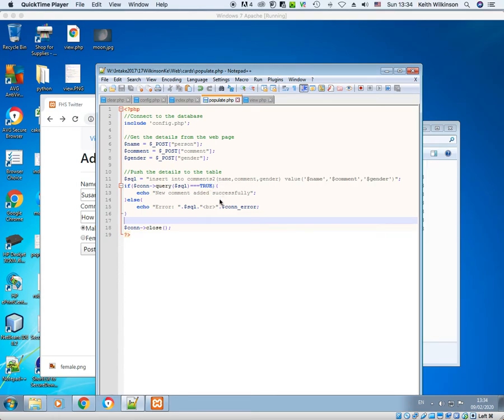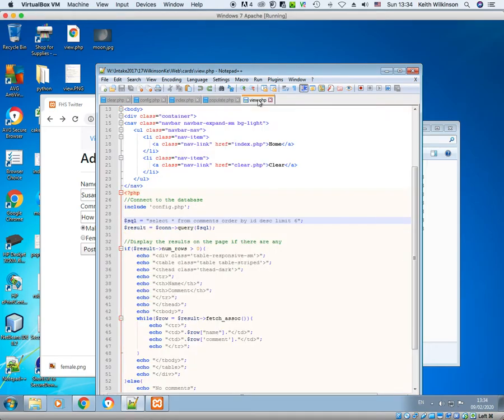Okay, now that we can populate our database, what I want to do is display the cards on the screen. So we need to pop over to view.php, and the first thing we need to do is find the query